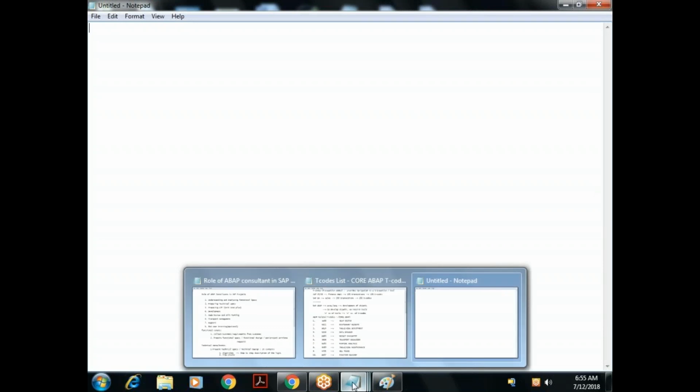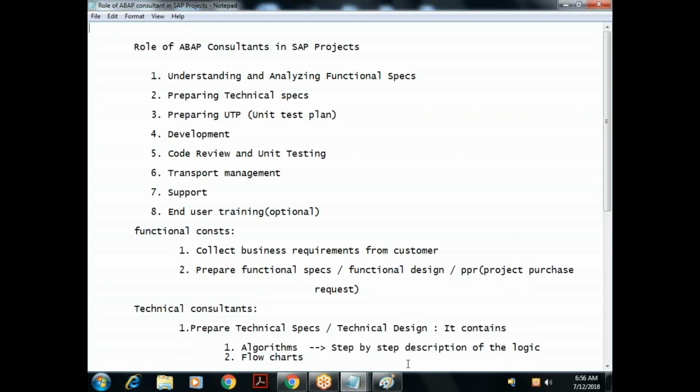Right. So yesterday we discussed the different types of objects that an ABAP consultant will develop. We discussed RICEF objects: reports, interfaces, conversions, enhancements, and forms. Okay. So in continuation to yesterday's discussion, let us see what is the role of an ABAP consultant in an SAP